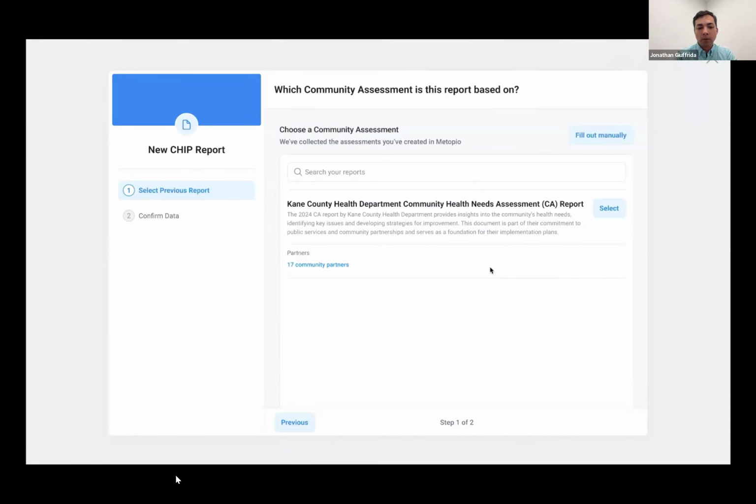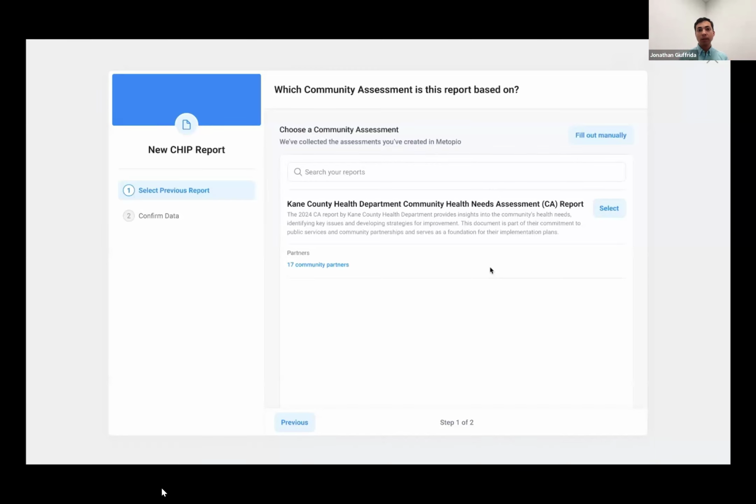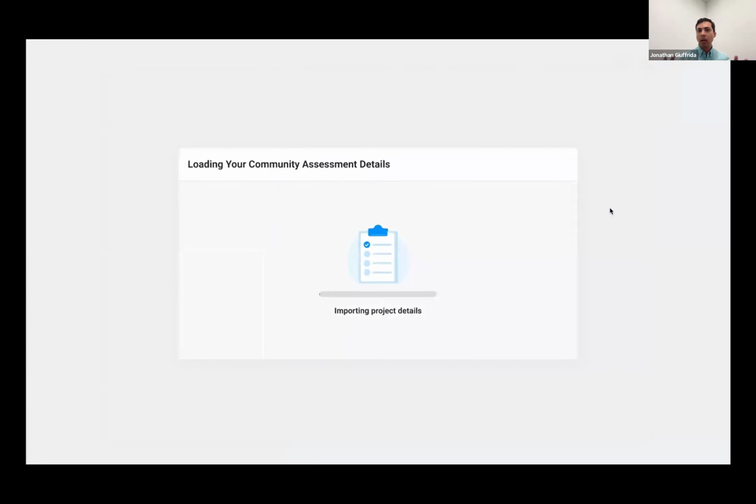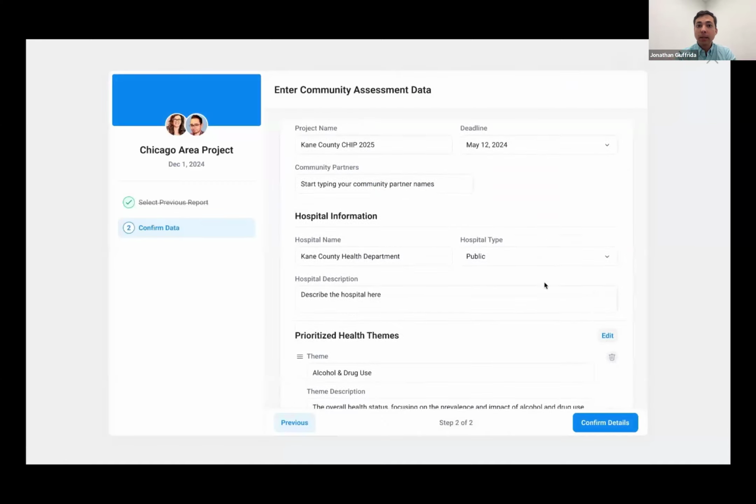Now, Sarah walked you through a number of pieces of the CHIP. You have to identify those needs again, describe the needs and understand the target populations, assemble your resources and your partners, and figure out who is going to be helping you to complete this work. And then what we think is probably one of the most challenging parts of the CHIP is understanding what we are going to do about this. What are some good programs we can run here? So let's watch and see how AI will let us get there a little bit faster.